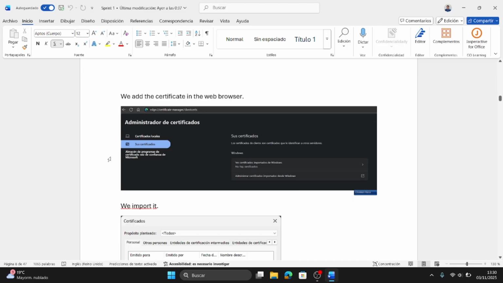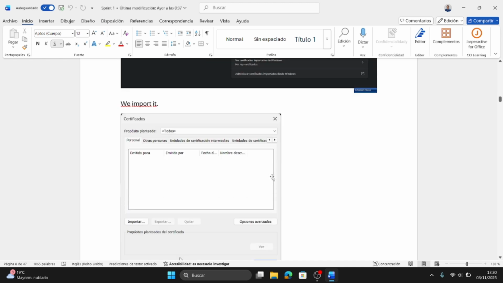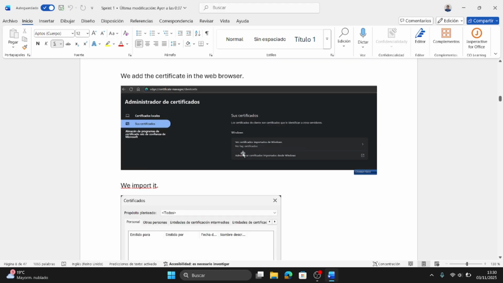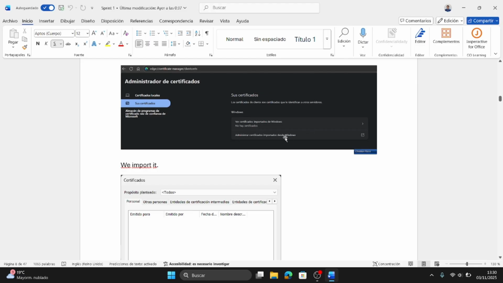In this case, we open Edge, and we go to the certificate administrator, and in our certificates we see our Windows certificates that now is empty. We import our certificate by clicking this button.